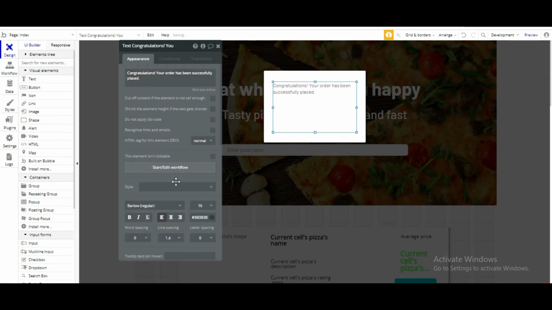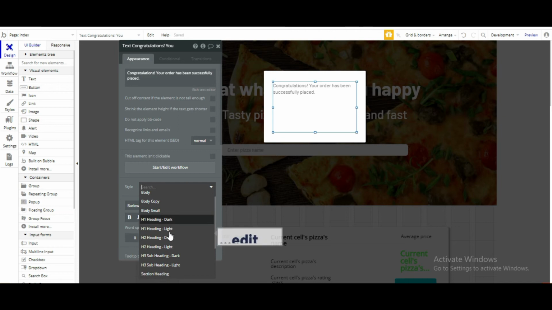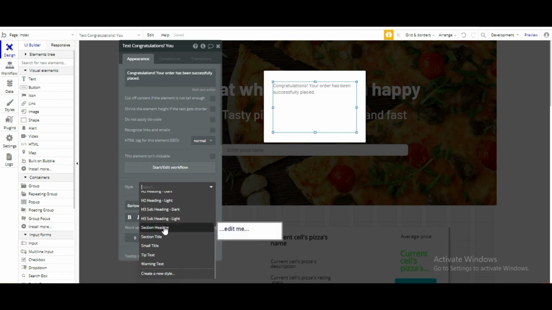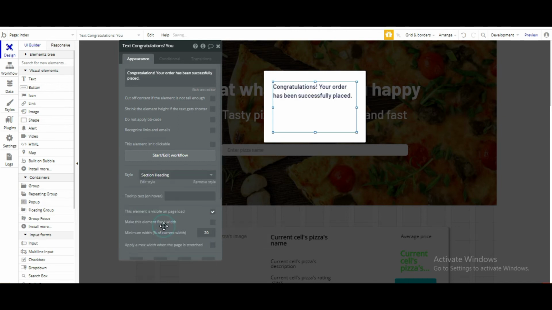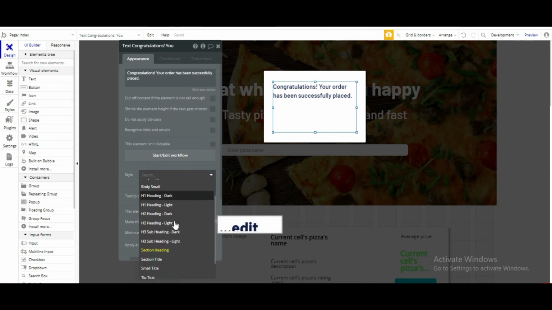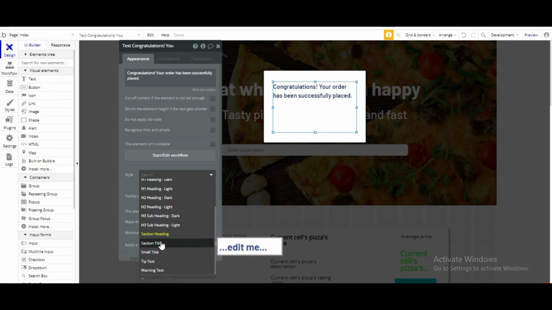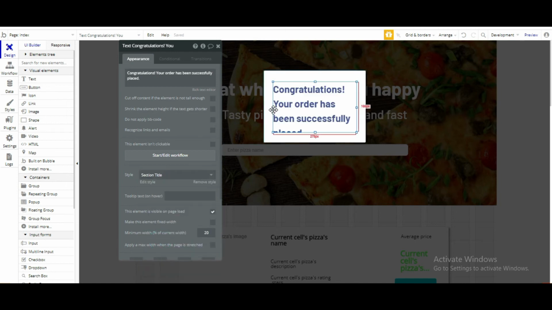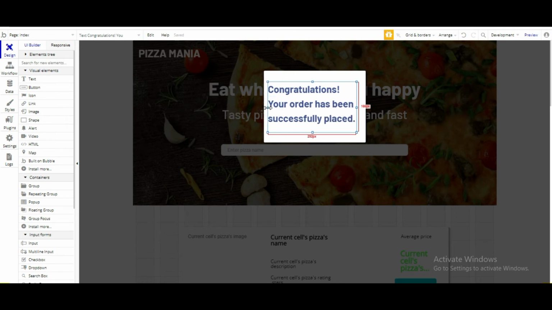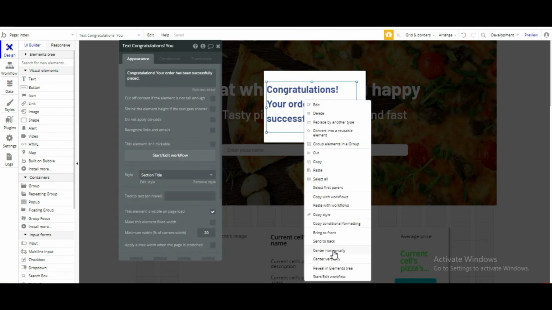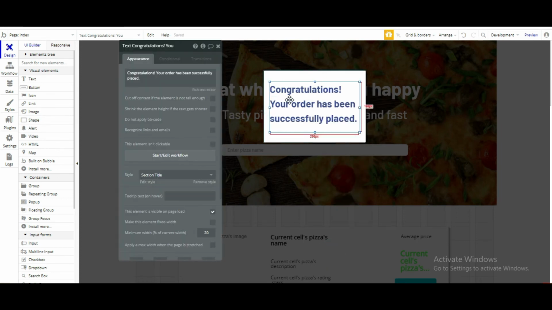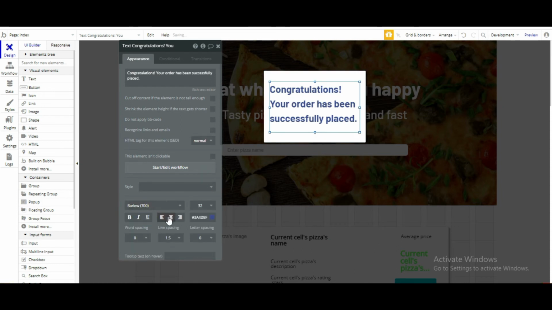We can just remove the style and let's write section heading. You can even bold it more. Section title. And then we can center it horizontally. If you want, you can even center align it. See, it looks much better.